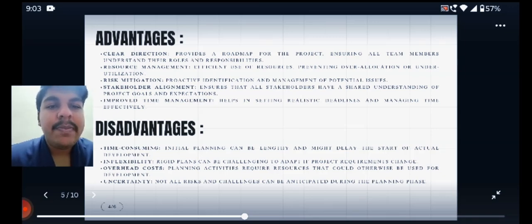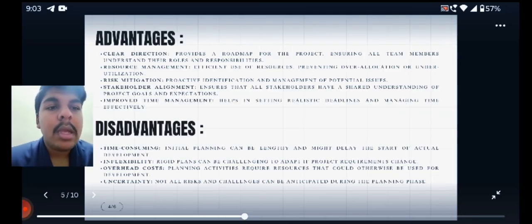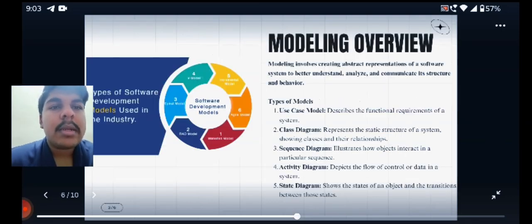And uncertainty. Not all risks and challenges can be anticipated during the planning phase. Next is the modeling. Modeling involves creating abstract representations of a software system to better understand, analyze, and communicate its